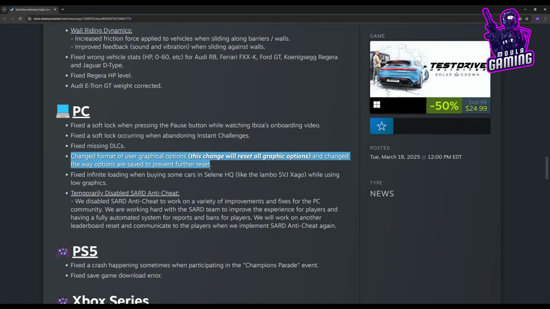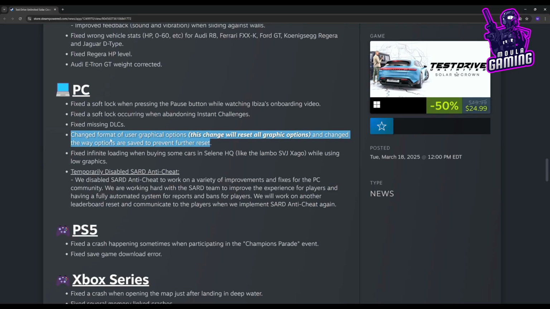When you set your resolution and stuff, frame generation doesn't even work properly. Bro, right now I have a 5080, so I don't really need frame gen. But when I had a 4070 Super, I needed frame gen and it would never work. Every time I go in the game, frame gen will be disabled. It's so stupid. Fix infinite loading when buying some cars in the Celine HQ, like the Lambo, while using low